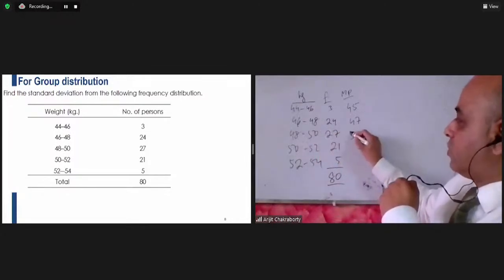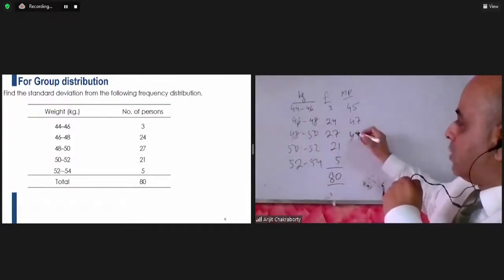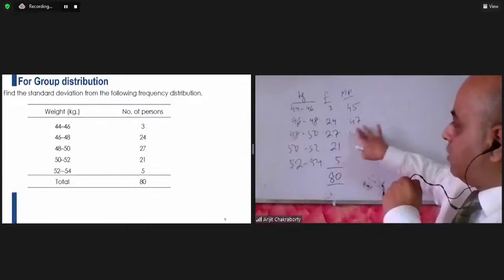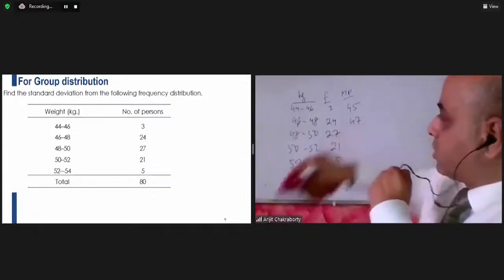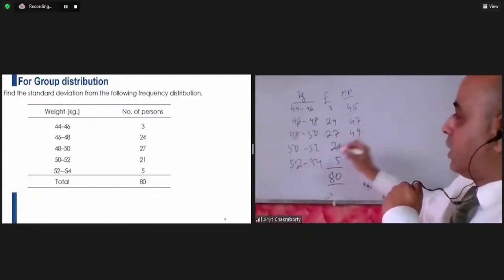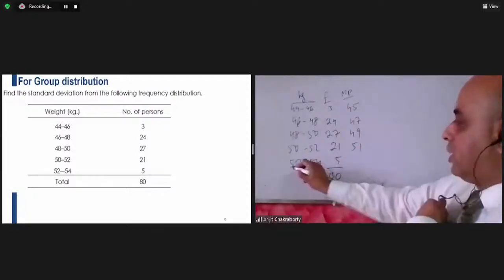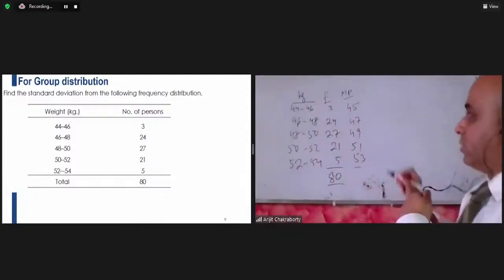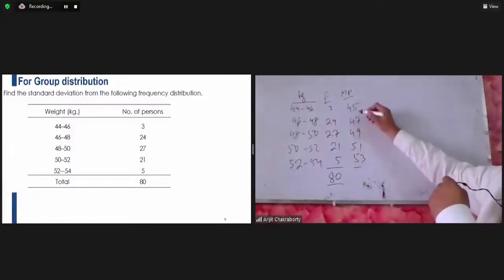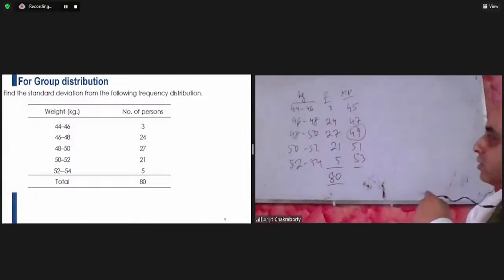48 and 50, it is 49. So the midpoint of 48 and 50, we are taking as 49. 50 to 52, it is 51. 50 to 54, it is 53. So the midpoints are done. Out of this, let us take 49 as the assumed